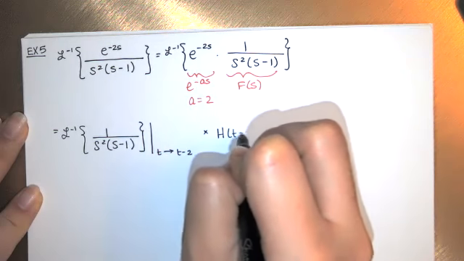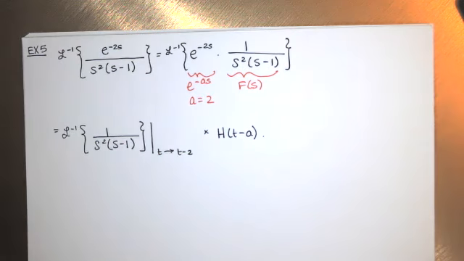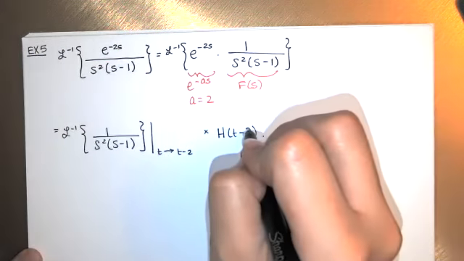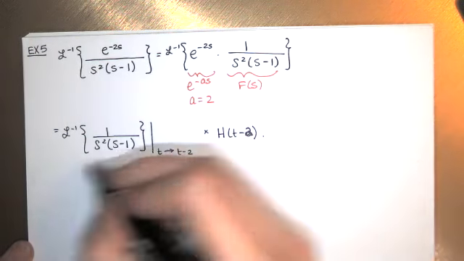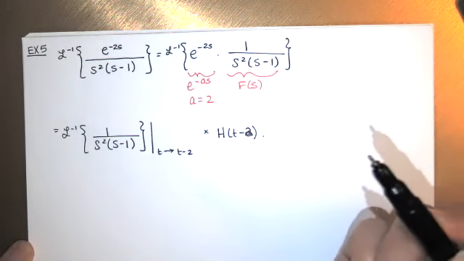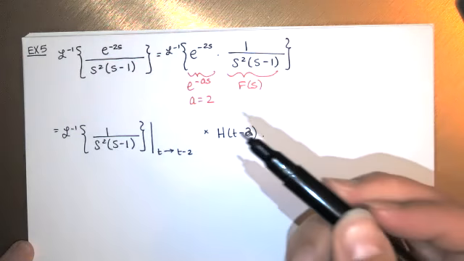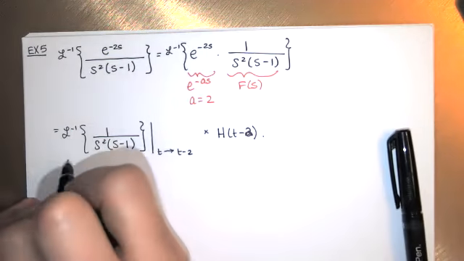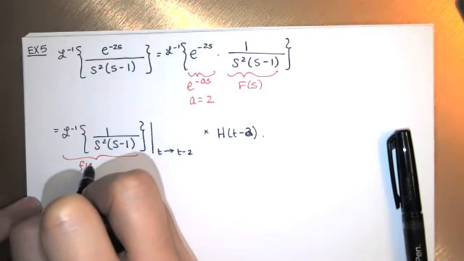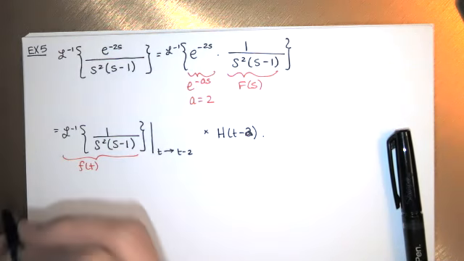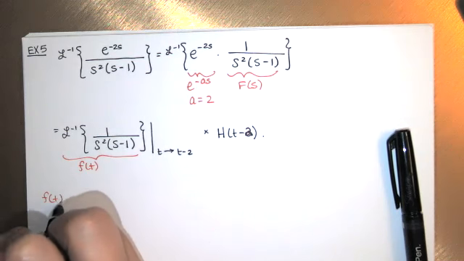And that's not an x, that's just multiplication of t minus 2, because we know a is 2. Okay, so that's the plan, but now we just have to do the partial fraction decomposition in order to find this. This expression here represents f of t. So we'll do that here. F of t